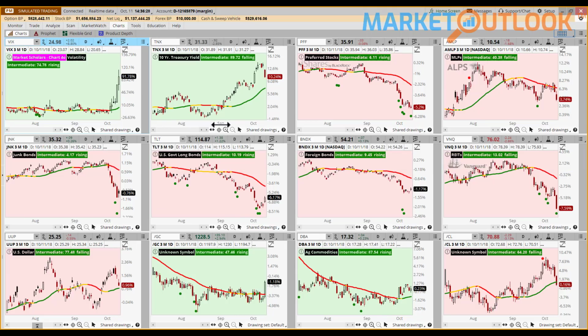And remember that bonds and interest rates move inversely from one another. So when investors are getting out of the stock market and getting into the bond market, interest rates are going to fall when that takes place. So as bonds were going up here in the last few days, notice that interest rates are now falling. Now, we haven't broken that uptrend or anything like that,